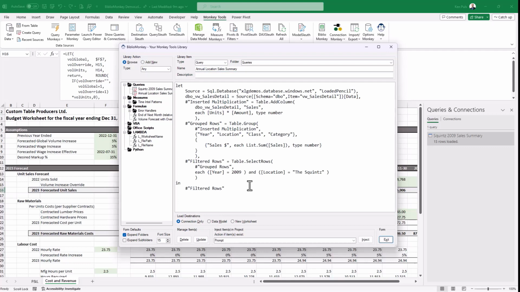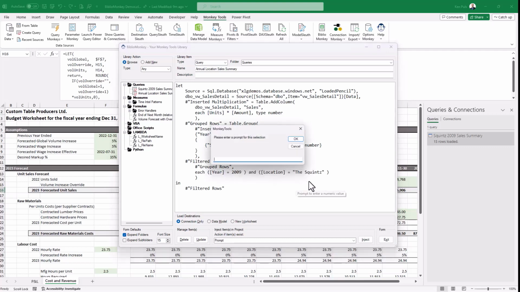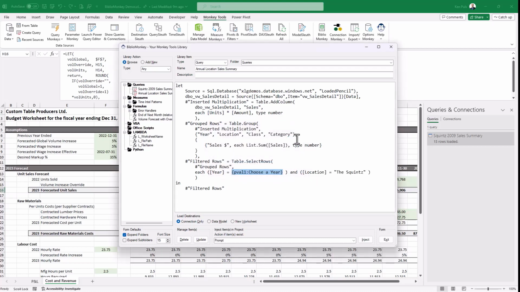And now what I'm going to do is I'm going to do a little bit of contextual replacement. So I'm going to grab the 2009 here, right click, Add New Prompt. I want to put in a value here. And what I'm going to do is I'm going to say choose a year. Notice that it replaces it with the prompt for me right there. Again, if you're on a free license, you can learn how to do this manually. If you're on the pro license, it works nicely.